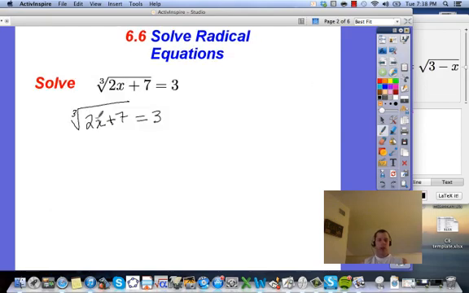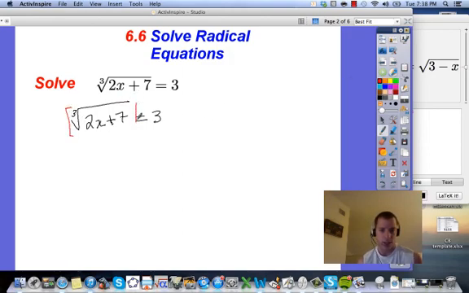There we go. All right, so I rewrote the radical equation. We're going to solve the cube root of 2x plus 7 equals 3. Now, first step, isolate the radical. Is there anything being multiplied to the radical? Is there anything being added or subtracted on the outside of the radical? So hopefully the answer for this you guys have is no. Okay, so again, what we can do right away is raise each side to the power of 3 because the